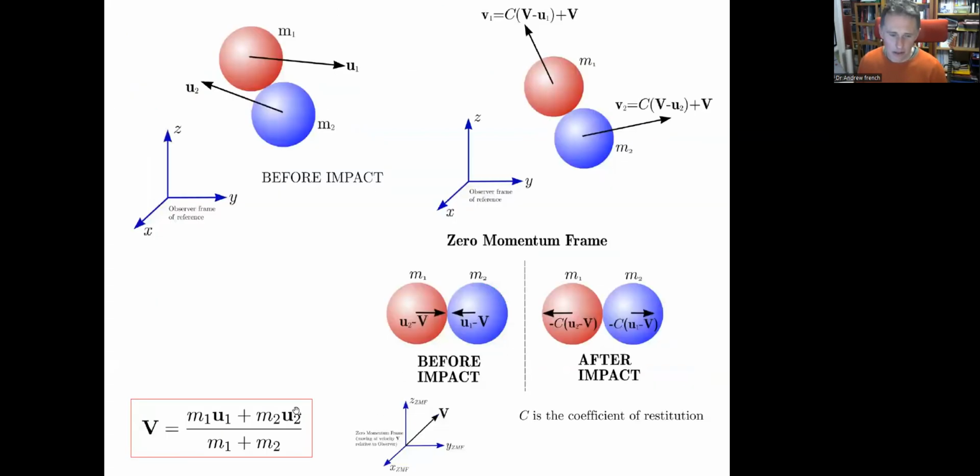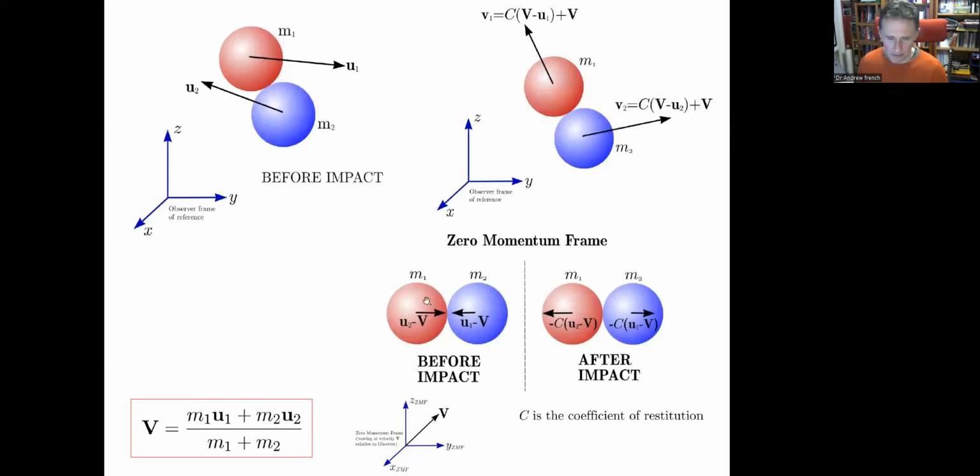Well, if you were to look at the collision in the zero momentum frame, and I was to run the situation, what you would find is that it would look like the total momentum is 0. So basically you subtract this velocity from all the velocities here, work out the total momentum of that frame, and set that to be 0. When that is the case, V is this. So that's a nice bit of maths you can try.